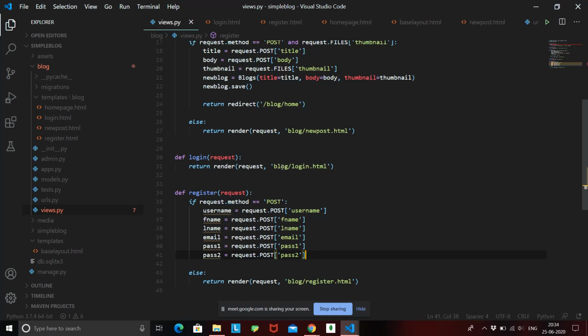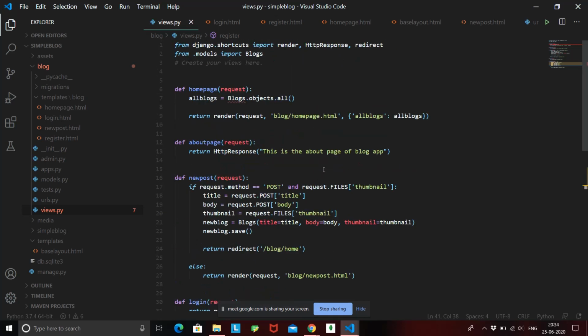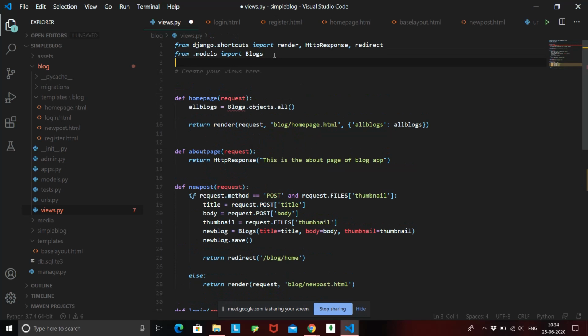Django has already made that model for you, and you just have to import that model. So how can we import that model from Django? It is from django.contrib.auth.models import User. Okay, so this is how you import this user model from Django.